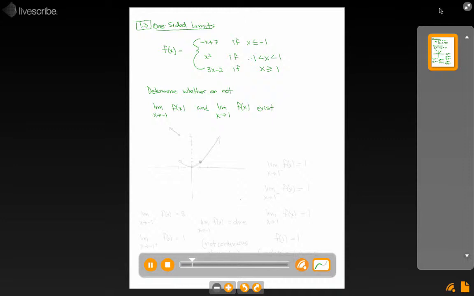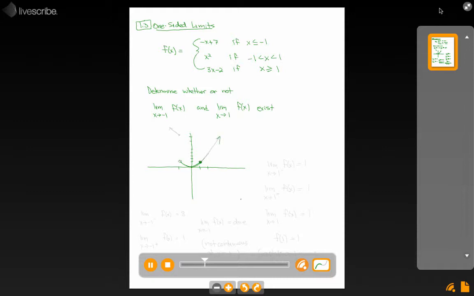And then we're asked to determine whether or not the limits exist at these important or interesting points, when x is minus 1 and x is positive 1. The rest of the time the limit will exist, because all of these by themselves would be continuous, easy to define functions. But if we look at this thing and we have